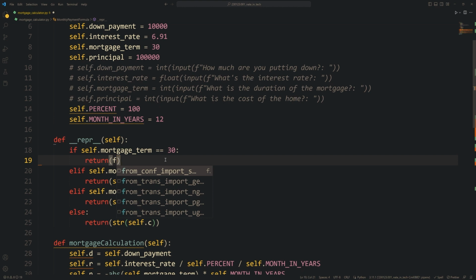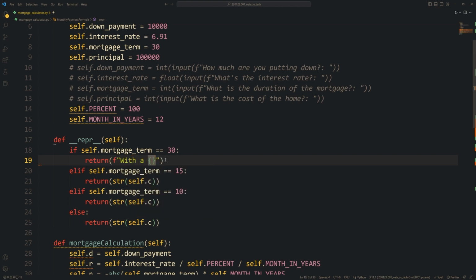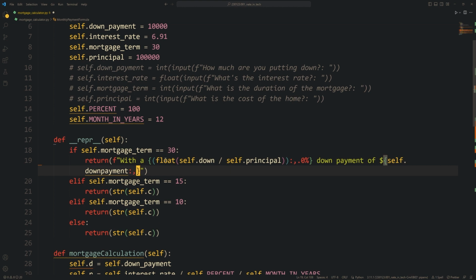We're going to return an f string with a curly brace and then convert to a float, self dot down payment divided by principal, then comma, period, 0%, and then close the curly brace, down payment of $, and then curly brace, self dot down payment, colon, comma, period, 2F to format, close the curly brace, period, a $, curly brace, self dot principal, colon, comma, period, 2F, close the curly brace,